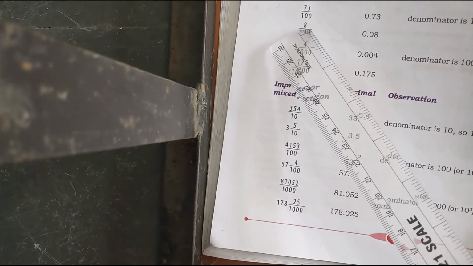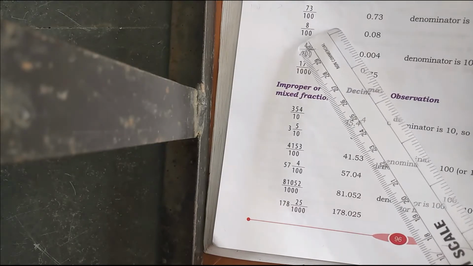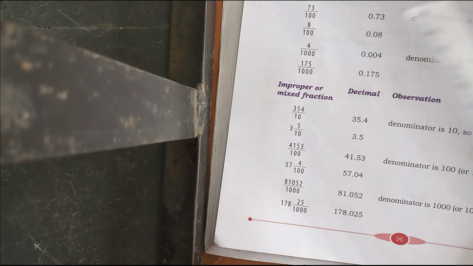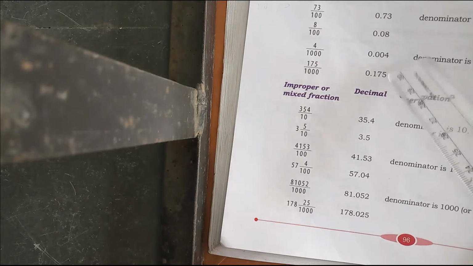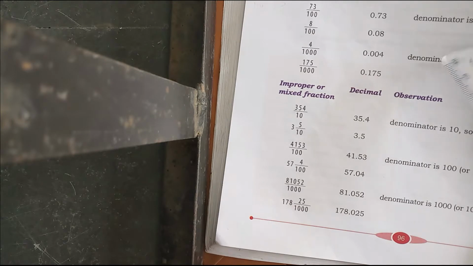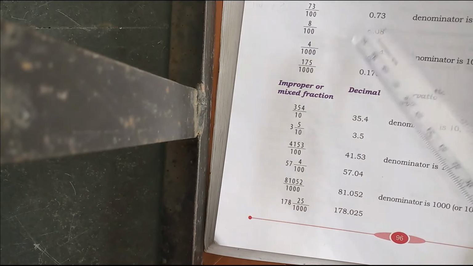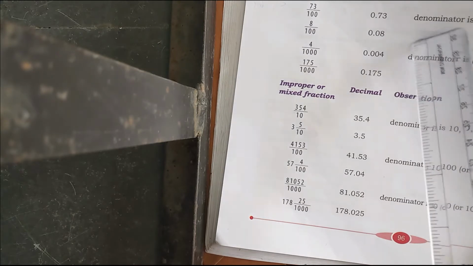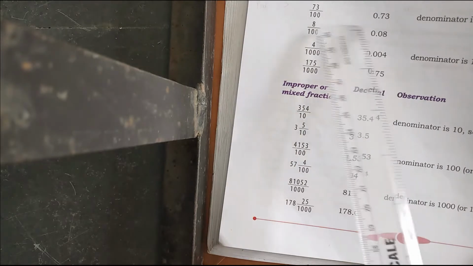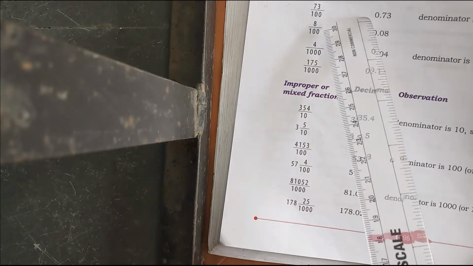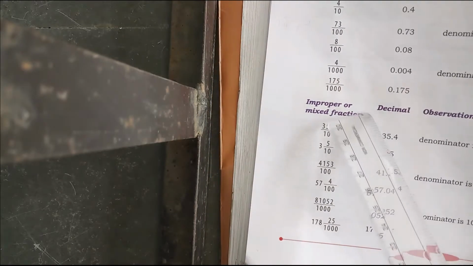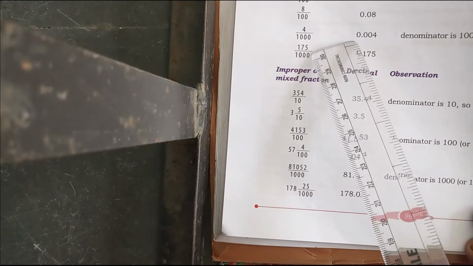See here 73 by 100. If we divide, our answer will be 0.73. How did we keep this 0.73? Because the denominator is 100. That means 10 to the power of 2. That means 10 into 10 is equal to how much? 100. So 2 decimal places. We have to count 2 places from right to left. 3, 7. Then put the decimal point. That is why we call the answer as 73 divided by 100 is equal to 0.73. Likewise, the rest of the sums you observe from your textbook.